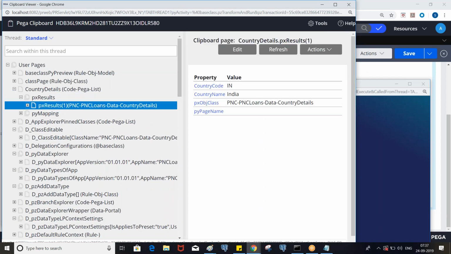So if you don't put the condition, whether you select the checkbox or not, nothing will happen. And if you put the condition, and you want that property to be displayed on the clipboard page, you must select the checkbox. Clear?